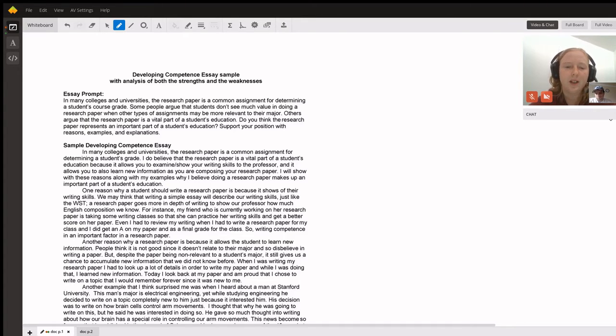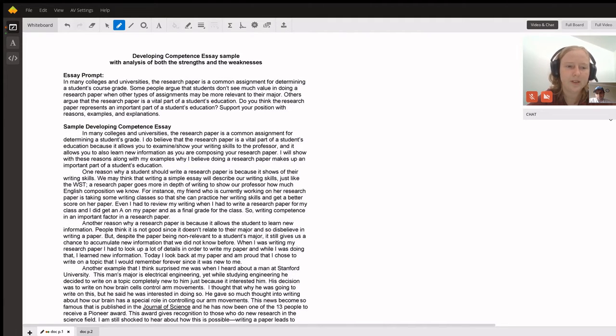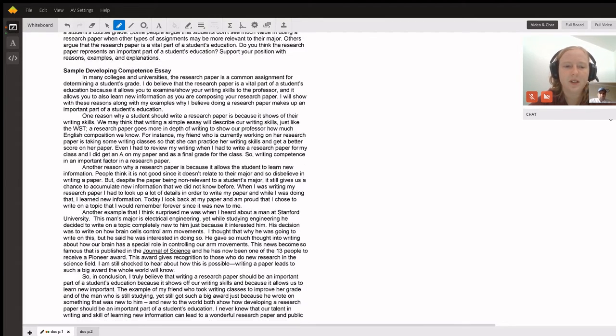And in the last sentence, they even tell you to support your position with reasons, examples, and explanations. So they don't want just your opinion, they want more from you, right? So examples, right. Usually each body paragraph has 1 or 2 reasons, 1 or 2 examples, or 1 or 2 explanations. So let's look at the sample essay some more. You said the first paragraph has a thesis. Can you underline the thesis?